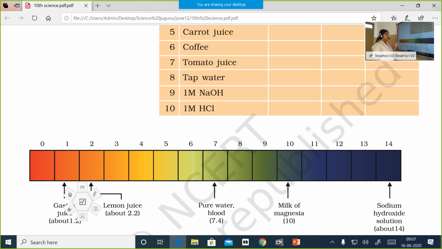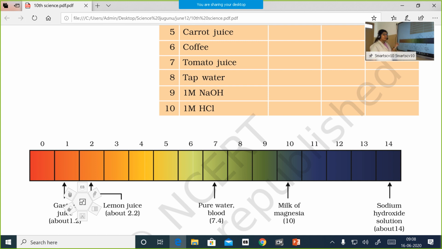The strongest acid, the acid which ionizes completely, for example hydrochloric acid, will respond by giving a red color. The strongest bases, for example sodium hydroxide, one of the strongest bases, respond by giving what color? It responds by giving an indigo color. So, pH paper will turn its color to indigo in presence of sodium hydroxide. You can see the range of colors given by different solutions depending upon what? Depending upon the amount of H plus ions which that solution can produce in presence of water.